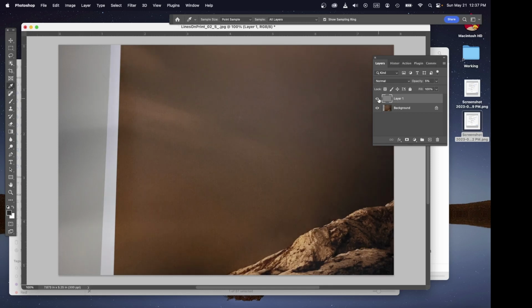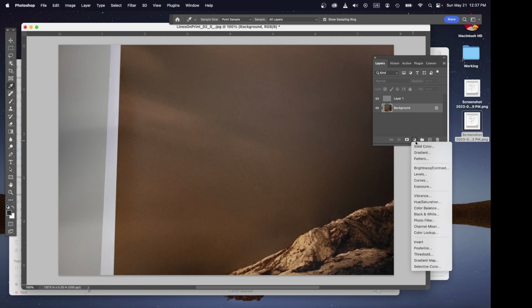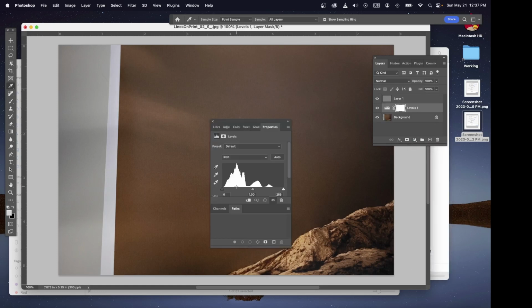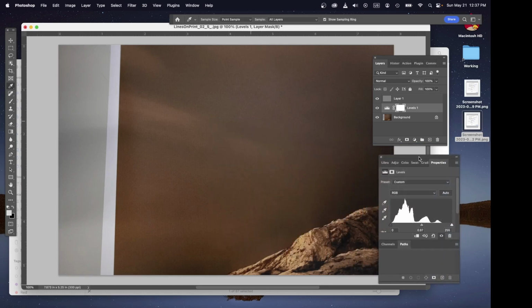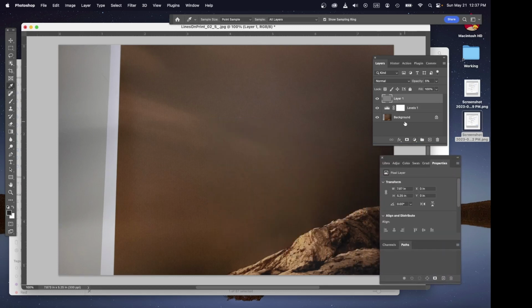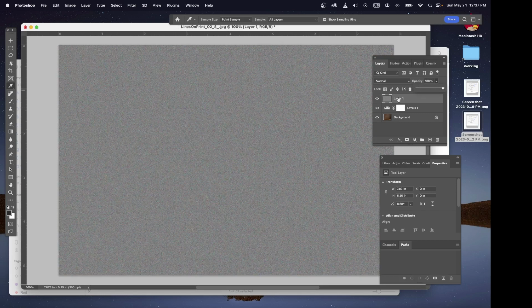Now, if it lightens up your print just a hair, you can always go to levels and darken it just a hair to make up for that if you have to. But now you've got this layer that is only about 5% opacity that has this noise on it. And what that does is it forces the printer to print some of these speckles in here so that your eye can't really see them.